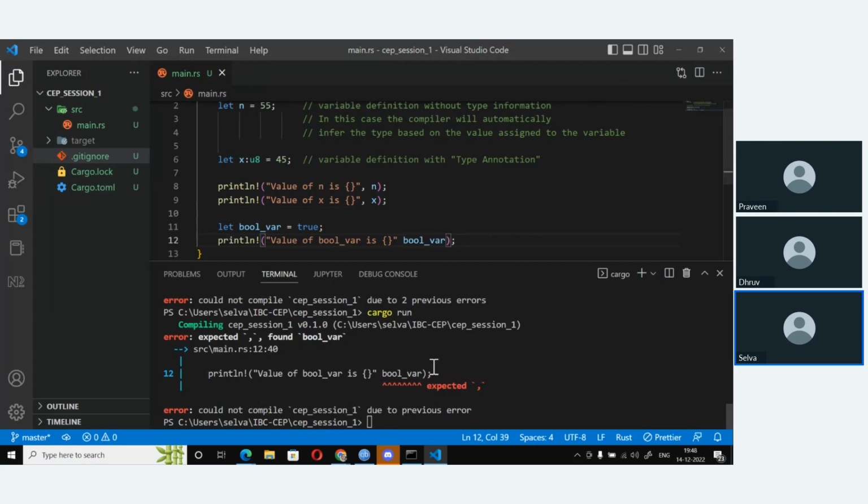You can see, when you see the error messages, they are quite explicit.